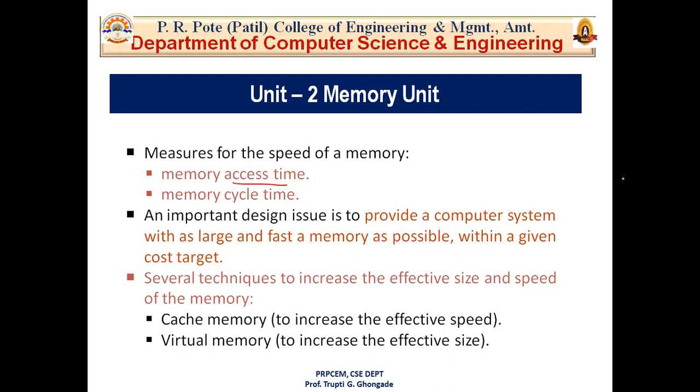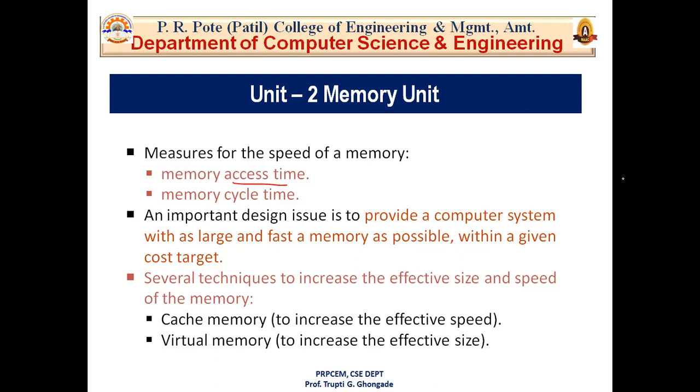Let's say the main memory of your laptop is 4 GB. Usually laptops come with 4 GB RAM. Okay, and you want to run some applications on your laptop, and at that time your 4 GB is not sufficient to run that particular application. At that time virtual memory comes into play. It will generate some virtual addresses by using your secondary memory, but it will act as a main memory and your applications will run. Okay, that is the working of virtual memory.